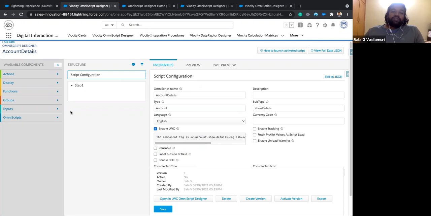So now this is the OmniScript structure, where the script configuration is the first thing, but it will not be displayed to the user. Okay, these are the properties. Then we have a step. A step is nothing but an area where we can add elements, and those elements are visible to the users. So if you want to display account details or create a new account, we can add some elements into step one which are visible to the end user. For example,